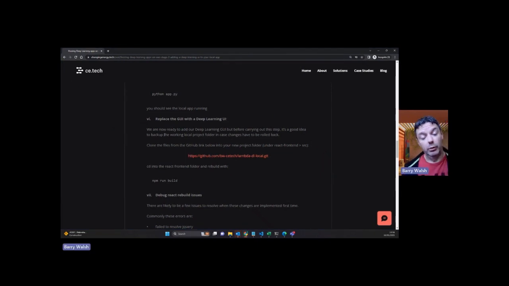We now want to clone some pre-prepared code, essentially, that's on GitHub, which will form the basis not just of this local app that we're building here in stage 2, but later on in the actual AWS app. So copy that link,